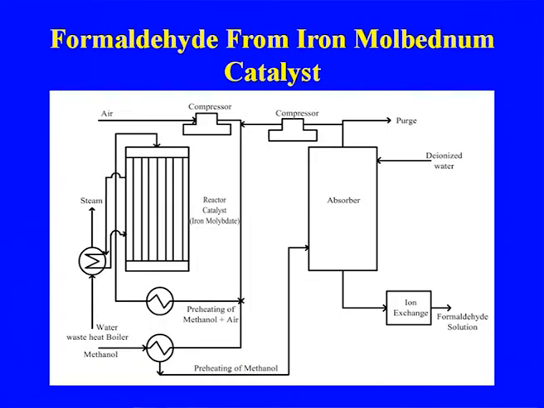This is the process we are using in case of the molybdenum catalyst. Here also the methanol is going to the main reactor, and after the reaction the methanol and formaldehyde go for the separation, and we finally get the formaldehyde there. The compressor is shown where the air is compressed and then goes to the system. So, this is the process when you are making formaldehyde from the iron molybdenum catalyst.